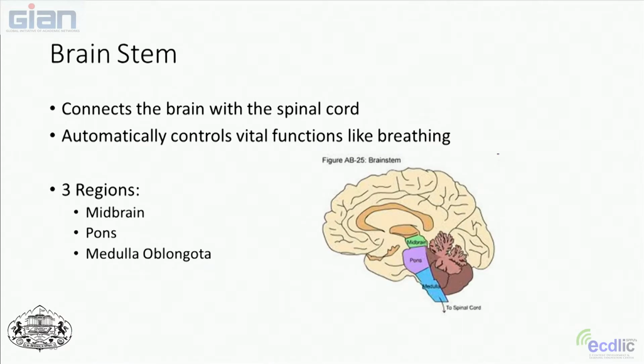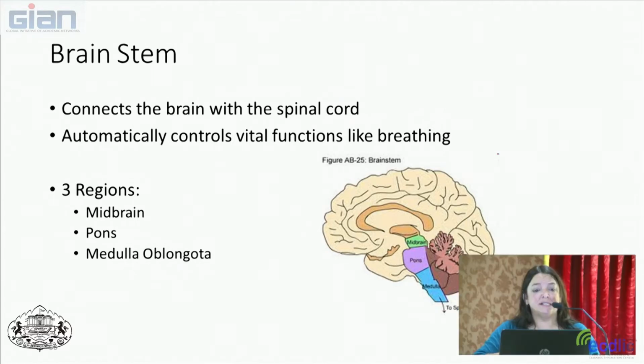Okay, the brainstem. The brainstem connects the brain with the spinal cord. And we don't look at this area a lot in functional MRI because this is an area that's involved with the autonomic nervous system. It helps us automatically control vital functions like breathing, and this goes on without us consciously thinking of it. Of course, if you focus on your breathing, you can regulate it yourself, but as soon as you lose that focus, you don't stop breathing, thankfully, thanks to the brainstem and the functions that it does.